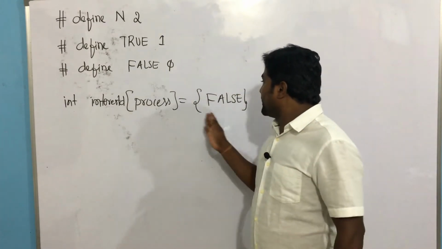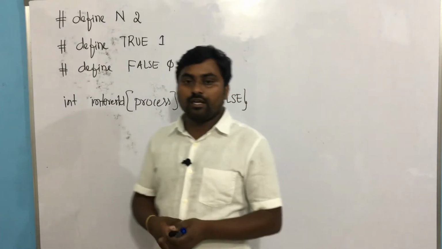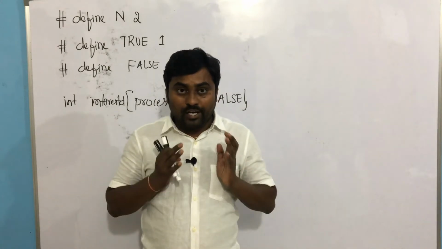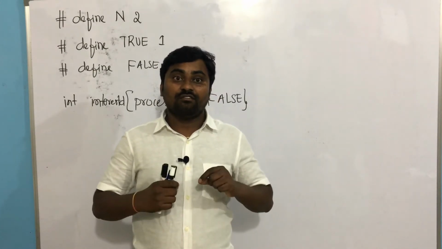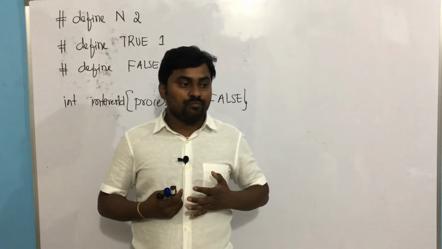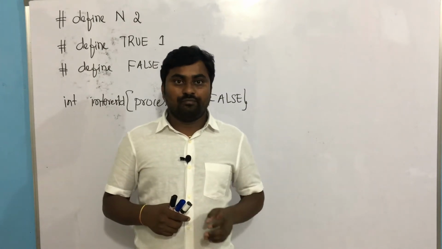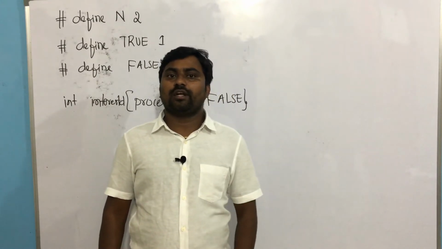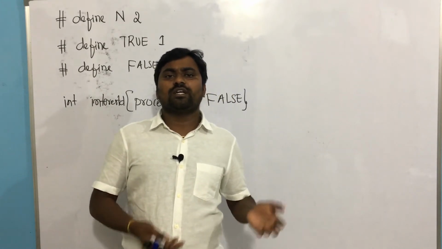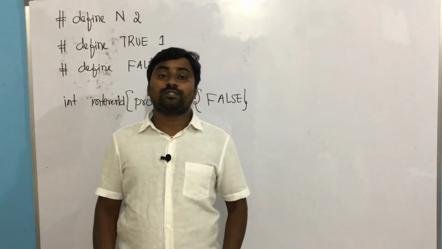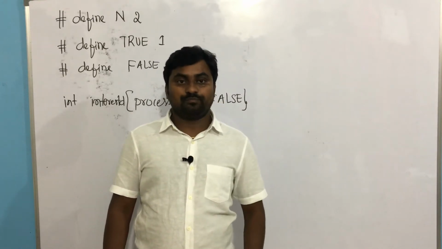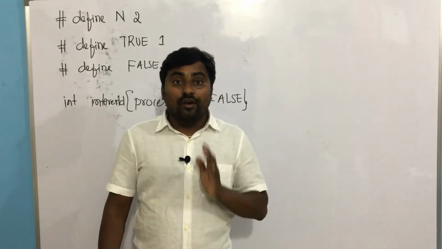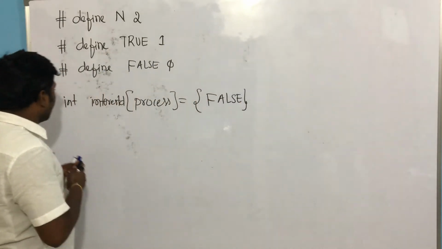So initially both are initialized to false, which says that both are not interested to use the critical section. Are you getting the point? We are capturing the information on the interest of processes. Suppose there are two processes. One of the processes says that I am not interested to use the critical section. That is fine. The interested process will go and use the critical section. The only problem will arise when both the processes are interested. Now the role of the turn will come into the picture.